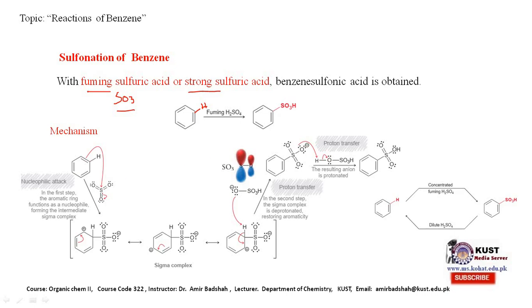So that is why the valency of sulfur is not fully satisfied. Sulfur will still have a partial positive charge, and all the oxygens will have a partial negative charge. So it means there is an electrophilic center, and